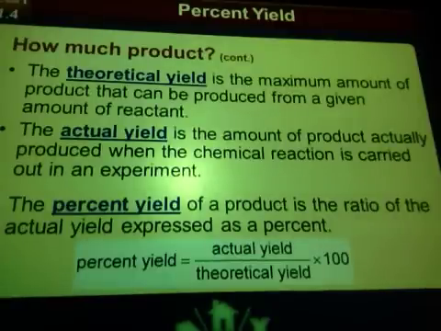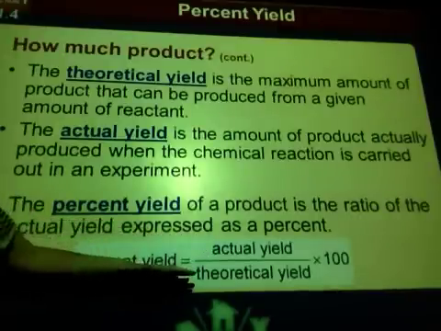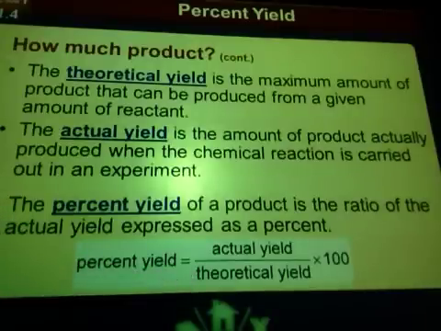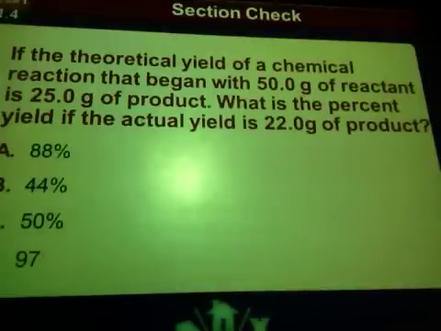And the percent yield is just a ratio of the actual yield over the theoretical yield, and since it's a percent, we're going to have to times it by 100. So percent yield is just what I actually got in the lab versus what I could have produced in the lab, and then times 100. So let's say, for example, if the theoretical yield of a chemical reaction